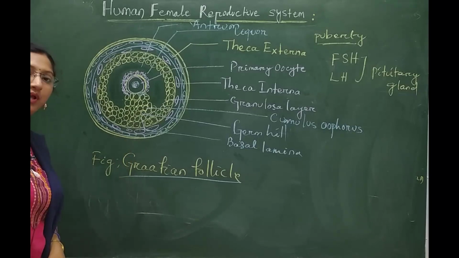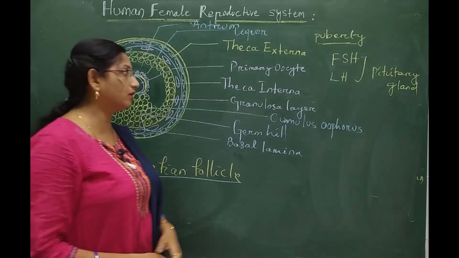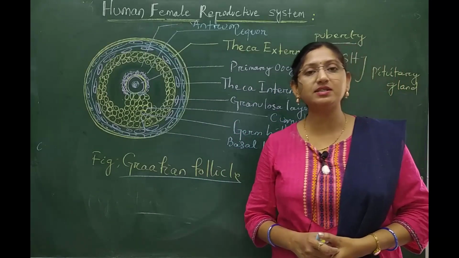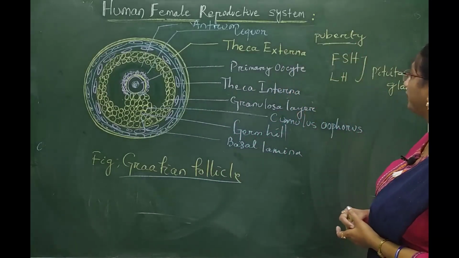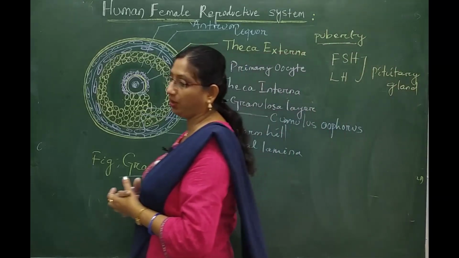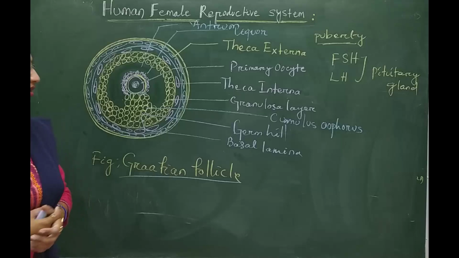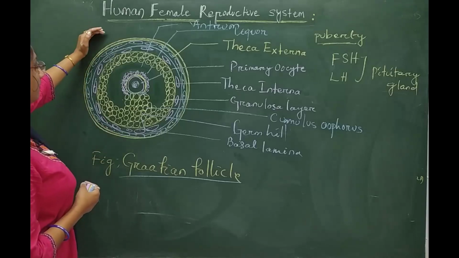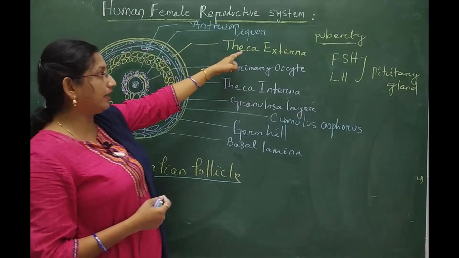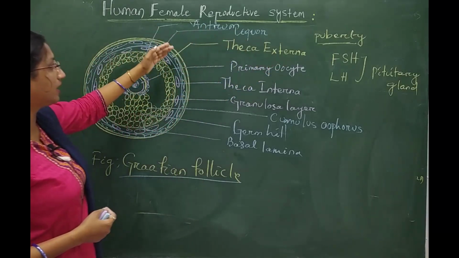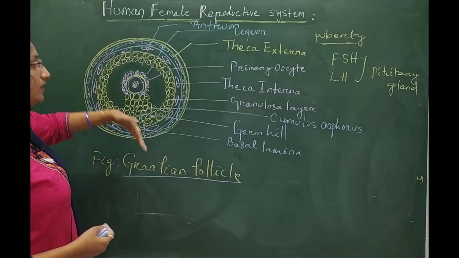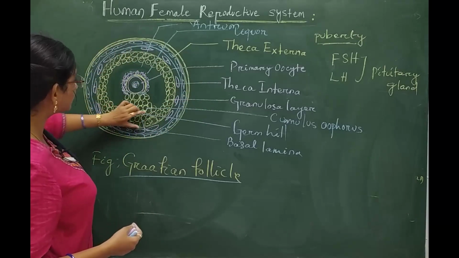The mature Graafian follicle is developed after puberty, under the influence of FSH and LH hormones secreted from the pituitary gland. They are able to produce a rounded structure consisting of several layers, starting from the exterior to the interior. The first layer is the theca externa. Lower to the theca externa, another layer is called theca interna, and lower to the theca interna, the granulosa cells